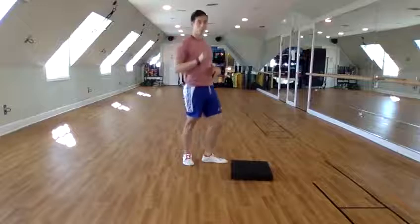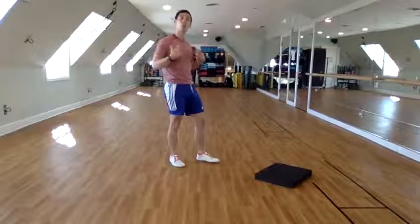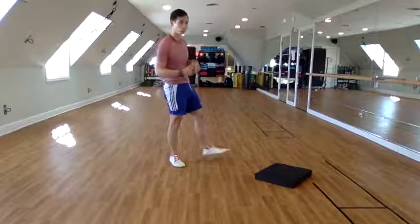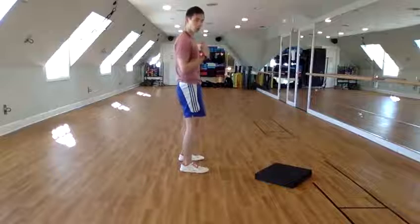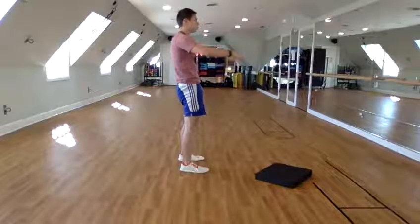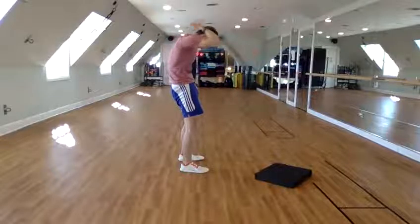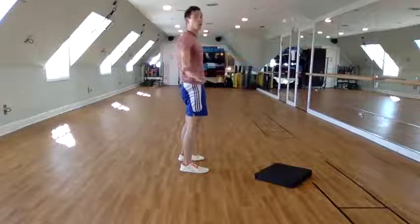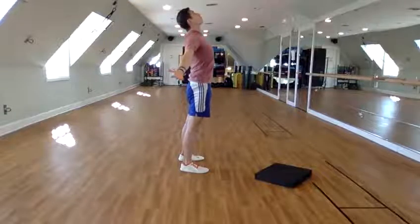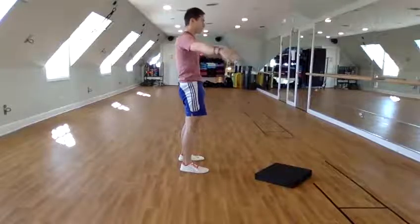We always start with some mobility work because we want to move the body around, we want to warm it up, we want to move the joints around before we load them. So from a standing position, I'm going to show this sideways. We're just going to reach, exhale, notice my hands turn. We're going to stretch the whole backside, we're rounding, and then with an inhale, we open palms up, open all that chest, that front area, look up, and repeat, exhale,